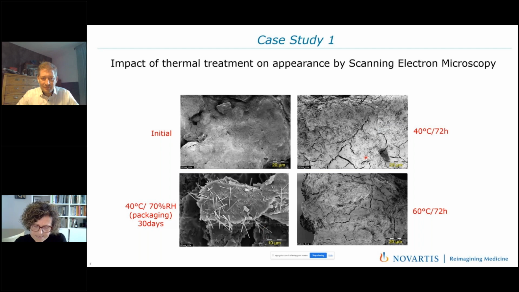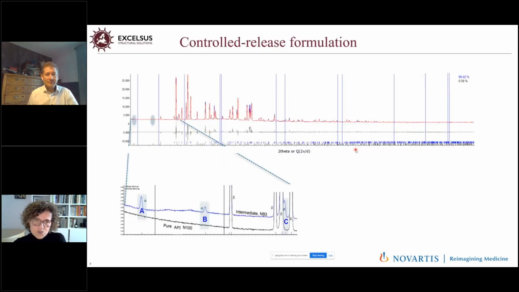Specifically, as Arnaud already said, they were suspecting the presence of a hydrated form of this molecule, and they were able to give us the reference for that hydrated form. So we collected Synchrotron XRPD data, and we couldn't detect any of the expected hydrated form,